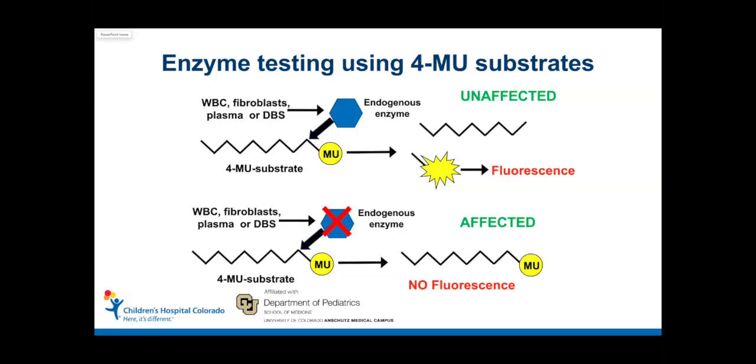The other technique that we use for enzyme analysis is mass spectrometry. And it's a very similar process. You have a sample type that adds an endogenous enzyme. The substrate is cleaved, but instead of looking for the release of light using fluorescence, we actually measure the specific change in the substrate, the molecule that's been released by the enzyme.